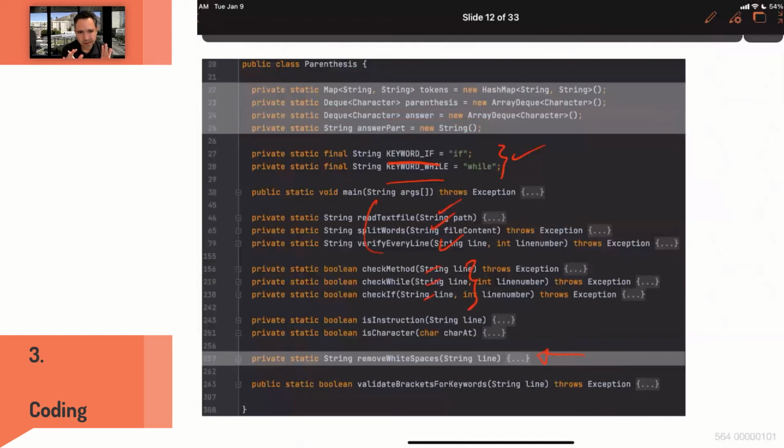Something that I would mention here: what do you think about this method? What do you think about something removing white spaces? Is that something that is part of the requirements? Is it something that you think makes sense? You solve the problem? What do you think? My comment there,